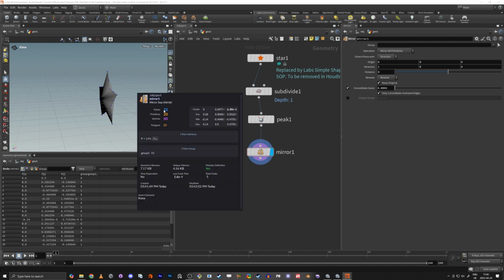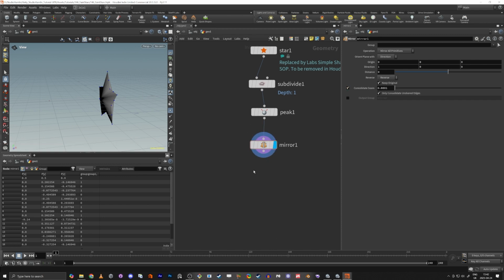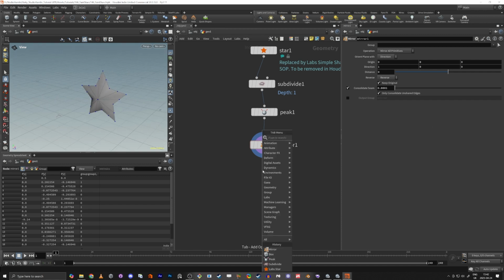So 22 points, but if we remove it, we have 42 points. So we mirror and we kind of merge it. So we don't need a merge. We don't need to add a fuse node for this. So then I want to have a normal, and I'm just gonna,